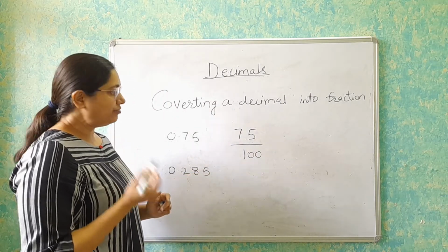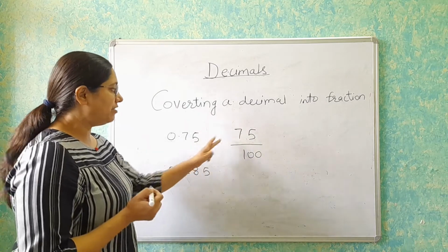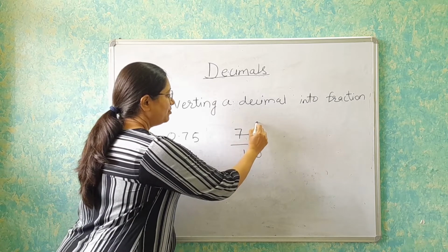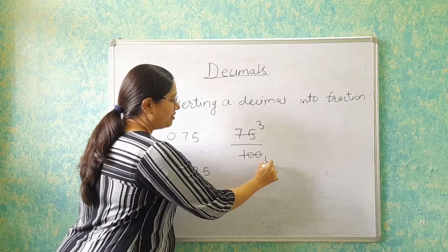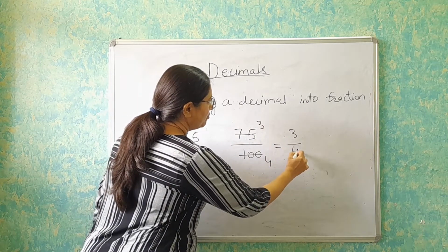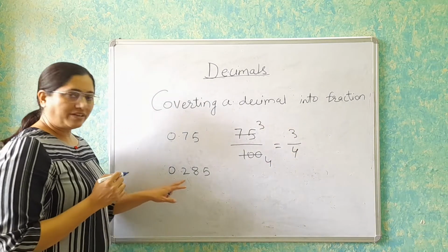Now we will find if there is any common divisor which can divide both the numbers, and it is 25. 25 3s are 75 and 25 4s are 100. So our answer is 3 by 4. In our next example,